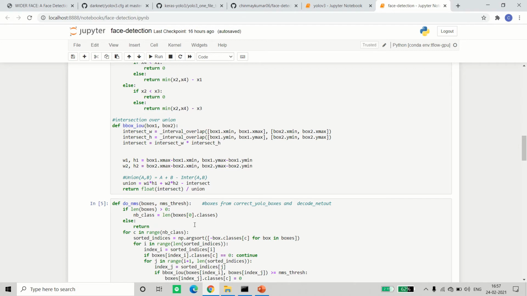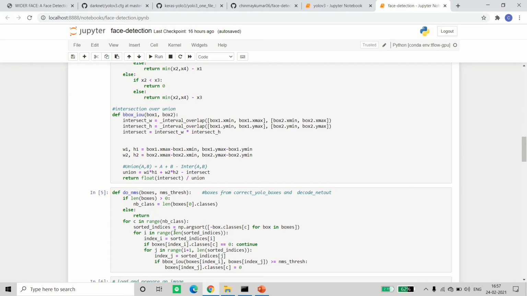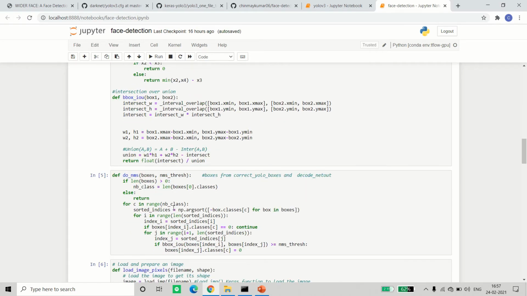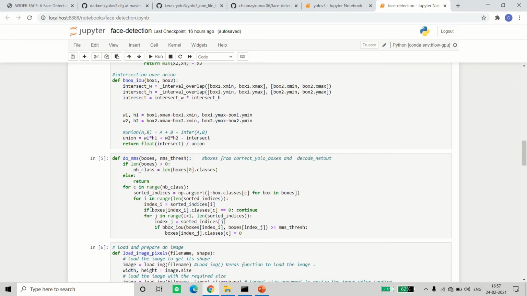First we'll check for the maximum, like if one box is predicting the object with 99% confidence, one is predicting with 50% confidence, like that. And now we'll sort it according to the class scores. For now we'll take the first box, in the range of the indexes, we'll take the first box. And we'll check if the score is 0. If the score is 0, then you don't even need to check it, just skip this iteration.